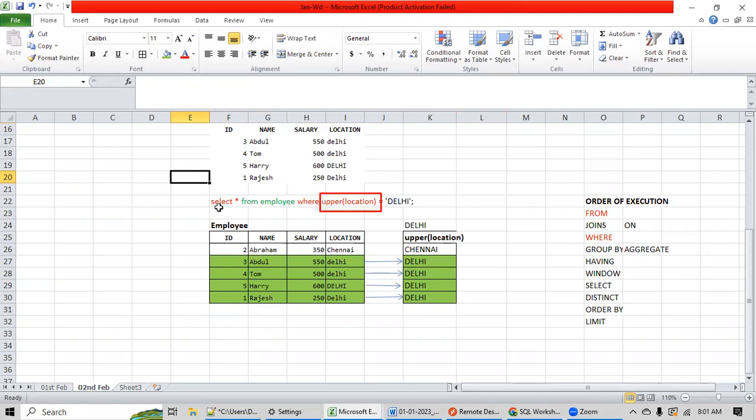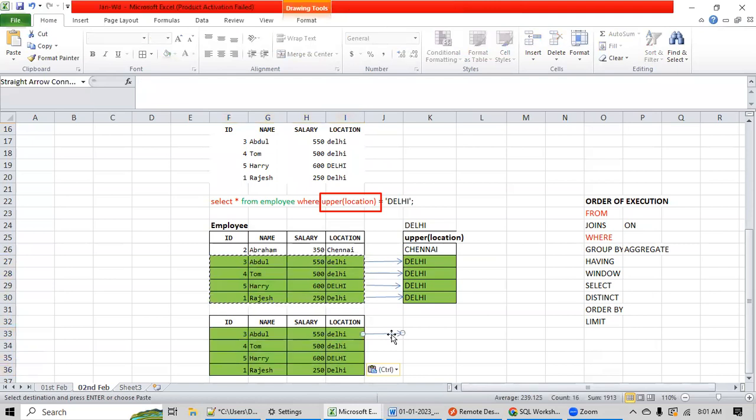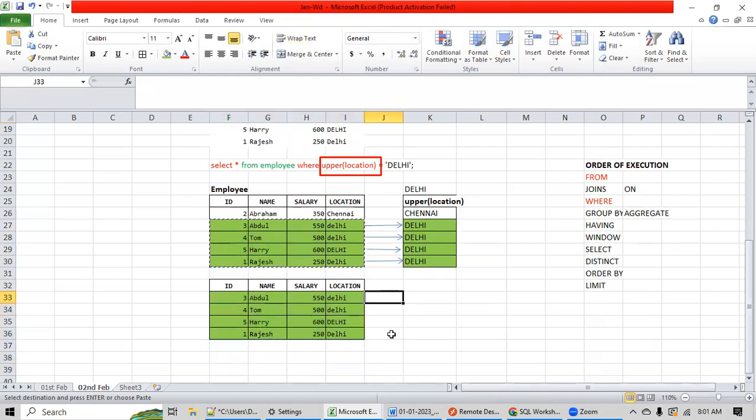All the columns. So you are telling the SQL engine, please display all the columns. It will display all the columns and then the records which finally you have selected. So finally we have selected this record, and this will be your output. Now you see you got all the records who are from Delhi.